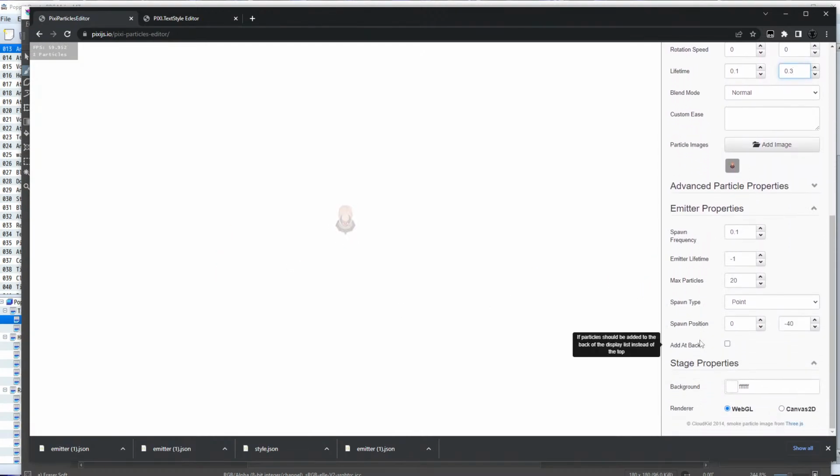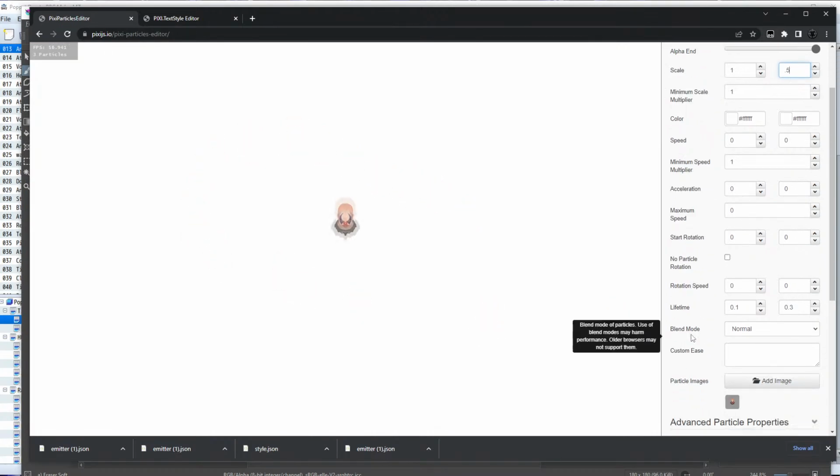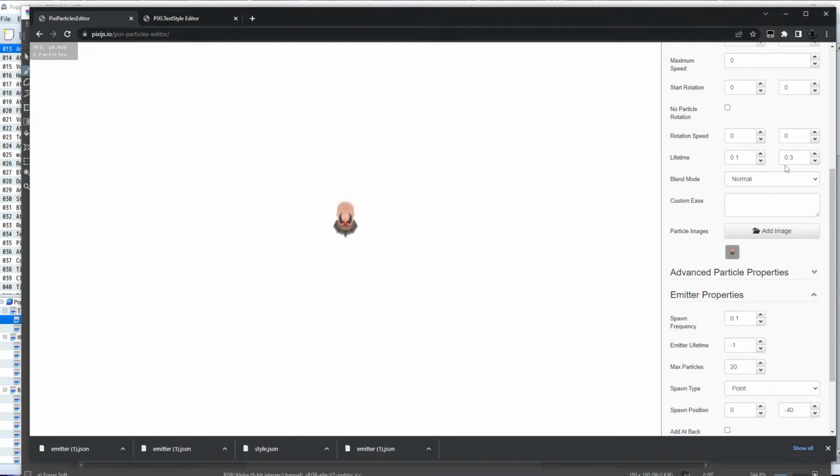Add from the back on or something? Kind of sucks. I mean, it moves far enough. Not great, but